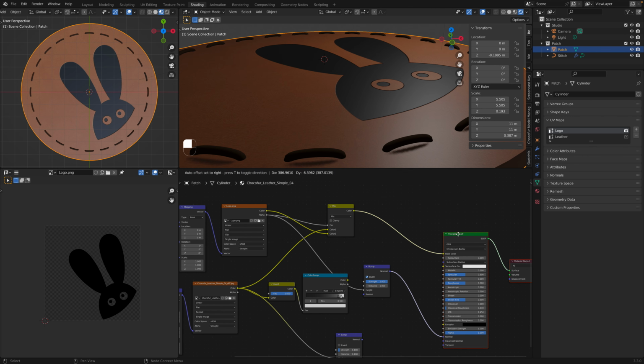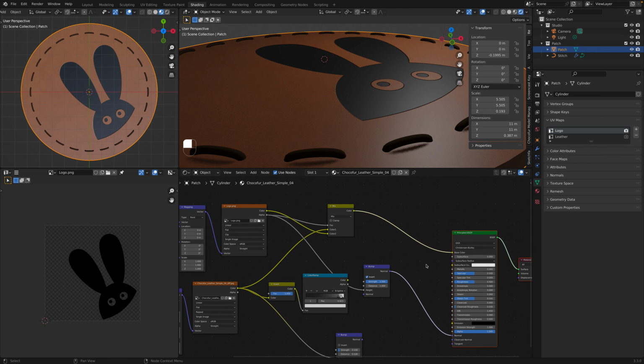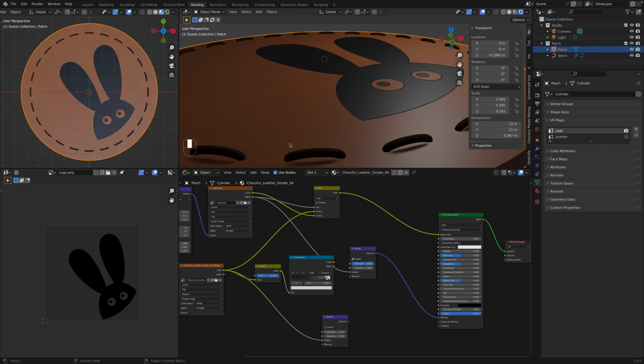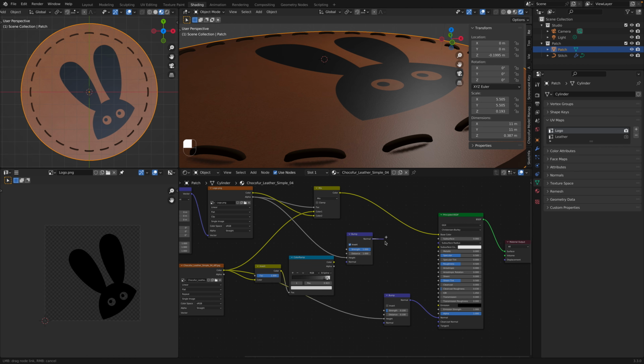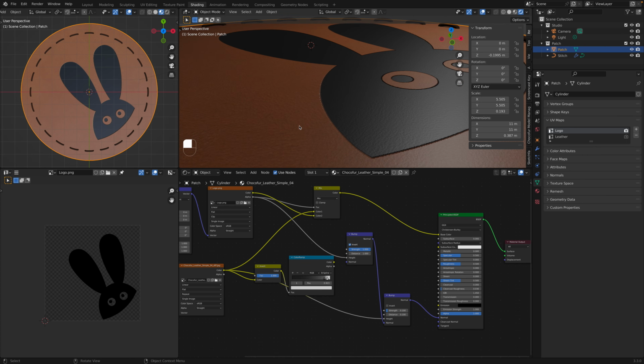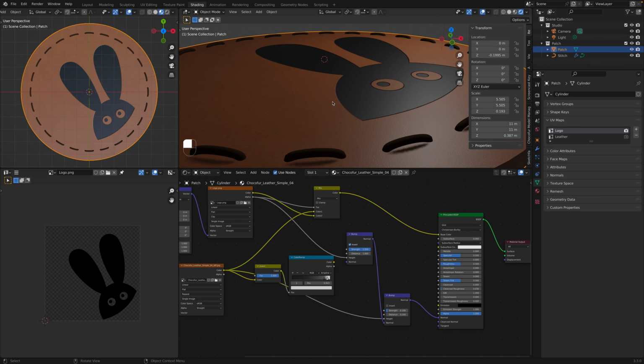Now, the next question is, how do we actually combine bump maps, right? At the end of the day, we still want our bump map from our leather texture, and now we also want the bump map from our logo. So how do we combine these together? Well, turns out there is no combined bump map operation or combined normal or anything like that. But what we can do is actually just put them in series. And by series, what I mean is I can take the bump map from my logo, take its normal, and just pop it into the normal of my next bump map, in this case, the leather one, and they'll be applied on top of each other, right? So now I get both my leather texture across the board, and I also get my indent for the logo,